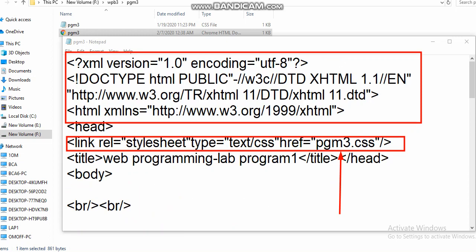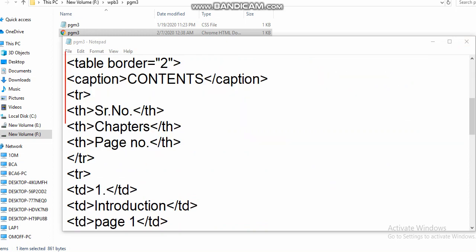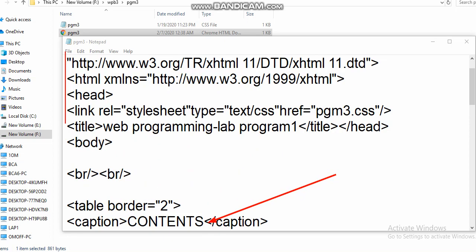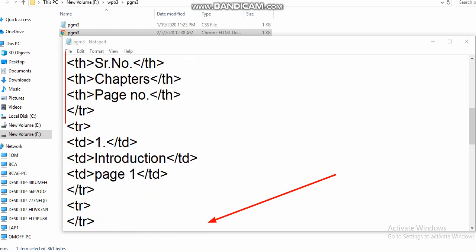After that, immediately I am creating one table. I'm creating three headings: serial number, chapters and page number. In a very short manner, I'm giving the rows.